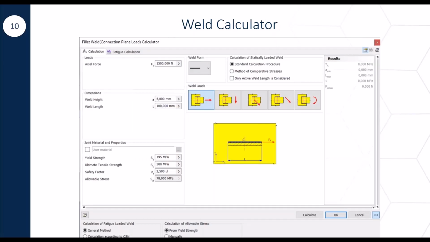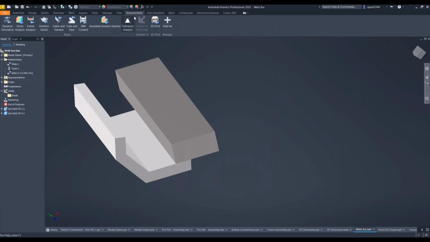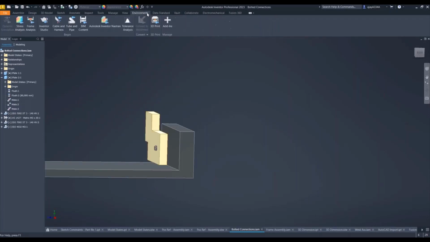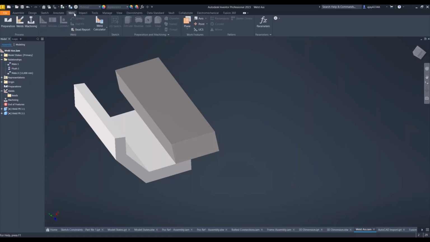Then we'll quickly talk about the weld calculator. The weld calculator, very interesting concept. Now, if we go to environments, you'll see there's a section where you can convert it to a weldment. Once you've converted the assembly to a weldment, it becomes a welding assembly, and then it stays a welding assembly, and all of the features that go with it remain in place. That adds a tab to the top there, which says weld, and you've got different options to add a weld to it. So you can add your weld into your welding section. However, what I want to show you right now is